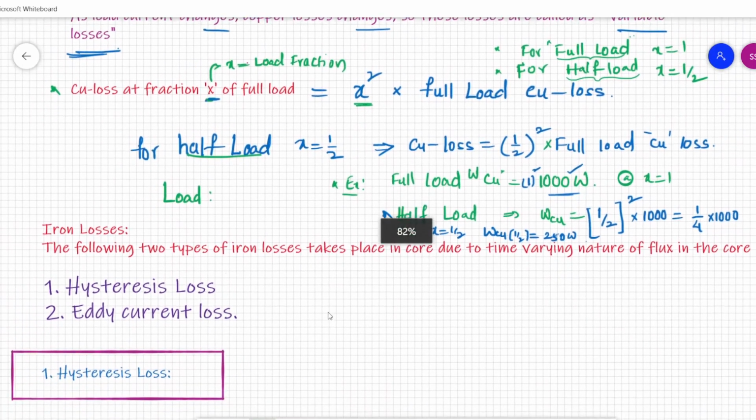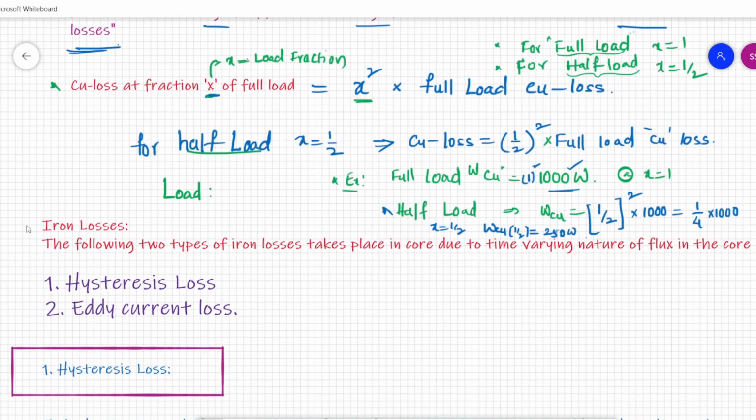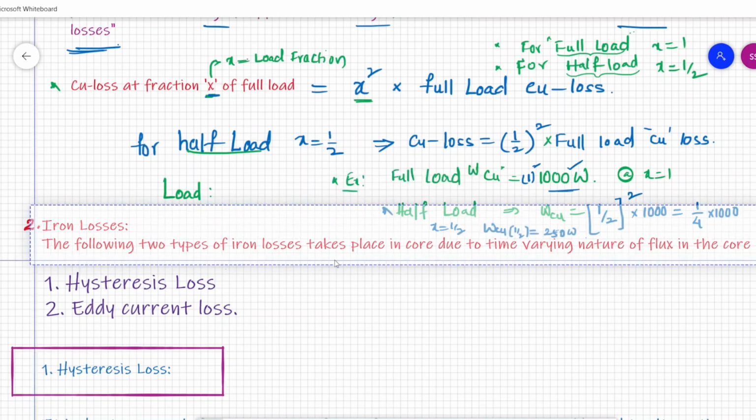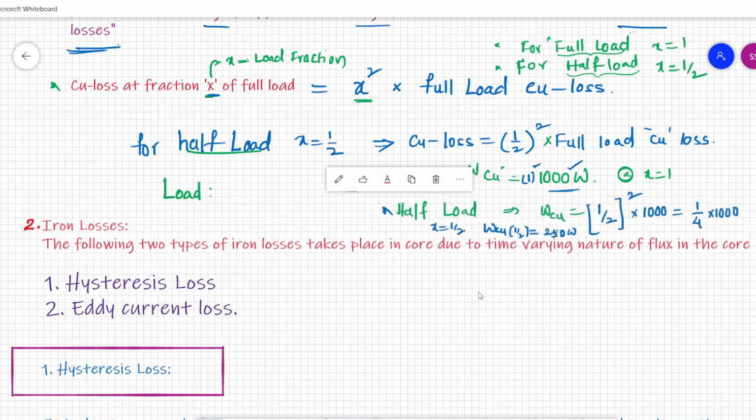So these are the second losses we are discussing. Here iron losses are of two types mainly: one is hysteresis loss and the other is eddy current loss. The following are the two types of iron losses that take place in the core due to the time varying nature